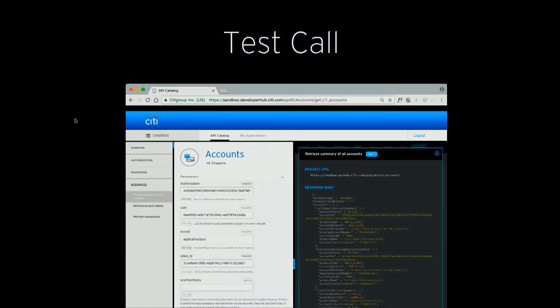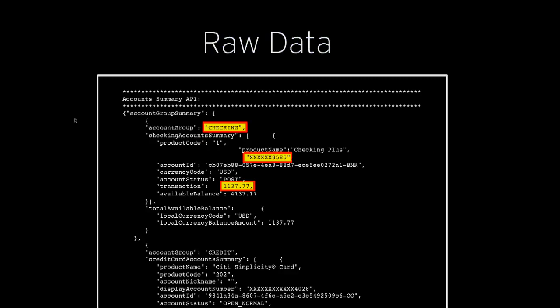So once I have my access token, as I said, I can use any one of the APIs that I want. Here, what I did for my app is I used the Accounts API. So I send over the access token, and then I get a response back. And the response comes back in a JSON format, so it's very standard. And the areas that I've highlighted here are ones that I showed in my UI, and ones that you would probably show as well, things like transaction category, transaction type, and the transaction number or the amounts themselves.